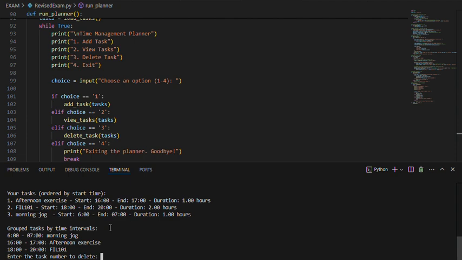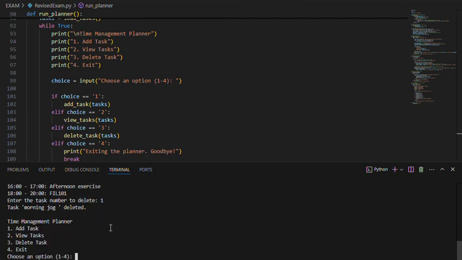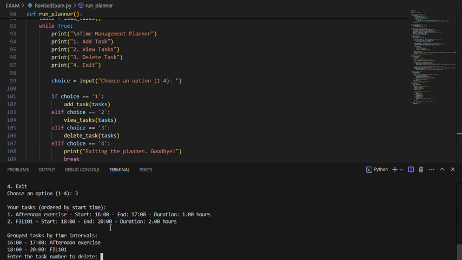Because if we delete the first one, it will reset the numbering. It will become 1, 2. Then next, if we delete the 1, it will become 1. So let's do this. Enter the last number to delete, 1. The next is 3. Delete again. Then it will indicate 1, 2.